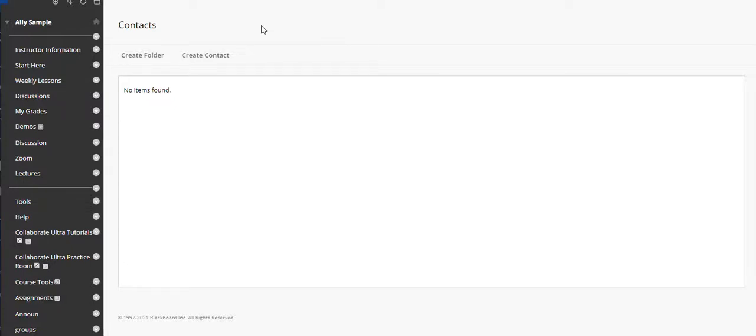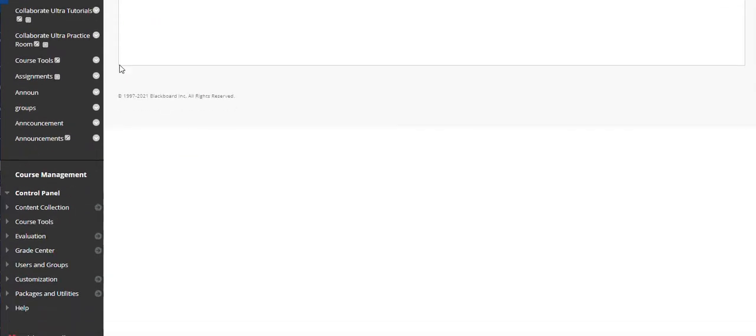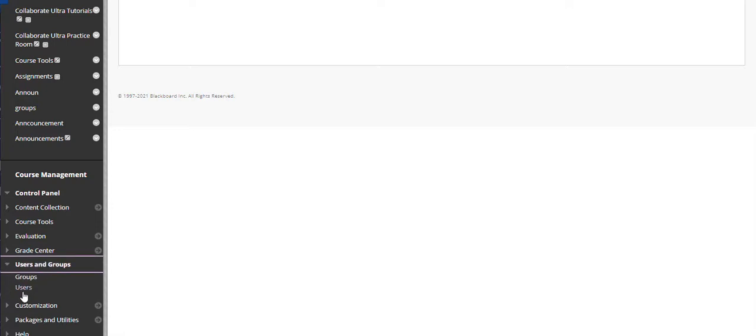We're going to go through how to add groups and how to add smart views into your course. This will allow you to manage your grading a little bit better. Sometimes when you have 20, 30, 40 plus students in a class, it can get a bit overwhelming in the grade center. So what you're going to do first is scroll down under users and groups